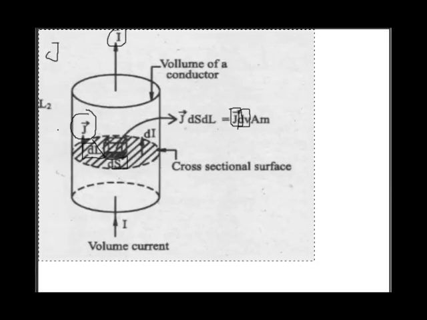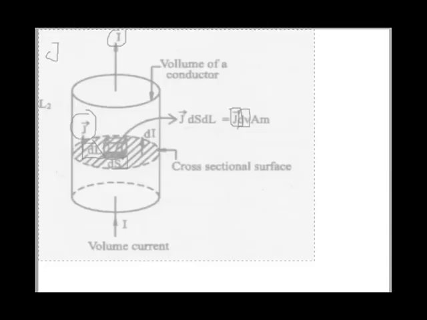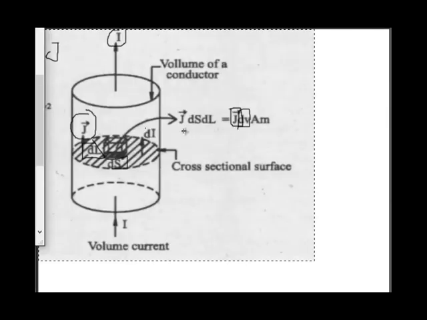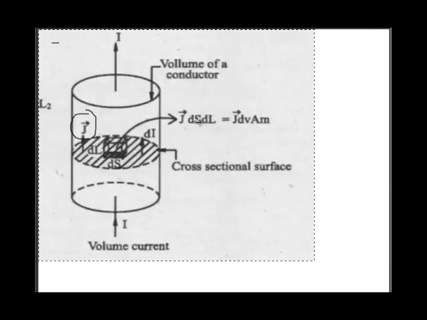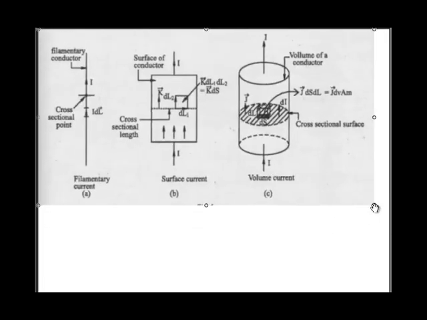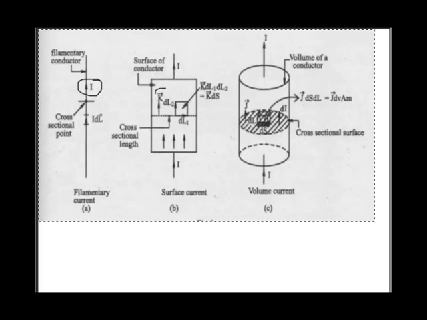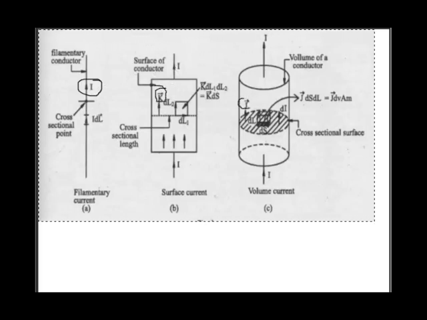So these are the three possible cases. I can show them at once in one figure like this. You can see all the three and compare between them. In this, I is the current, which can be called filament current or line current. K is called surface current, and J is called volume current.